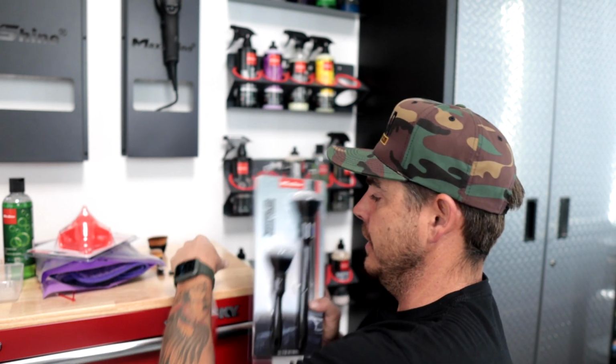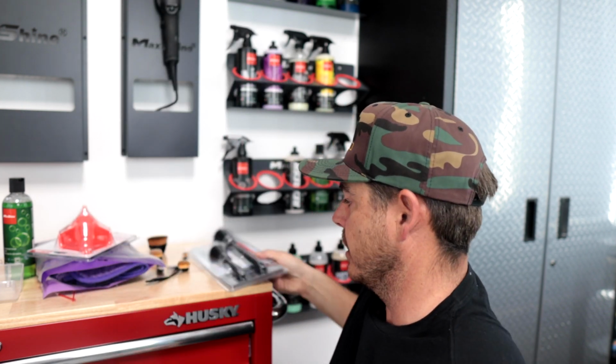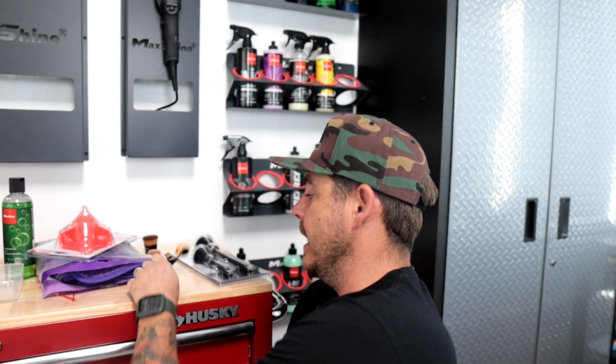Okay guys, and last up, again, these brushes are my new interior brushes. These ones I'm using on my exterior because they're so soft, they're not damaging the paint. You can get into all the emblems and all that kind of stuff, dig everything out of there, nice and soft while you're foaming up the car. Then I'll switch to the interior for these guys, and then as a final interior detailing tool, I'll use